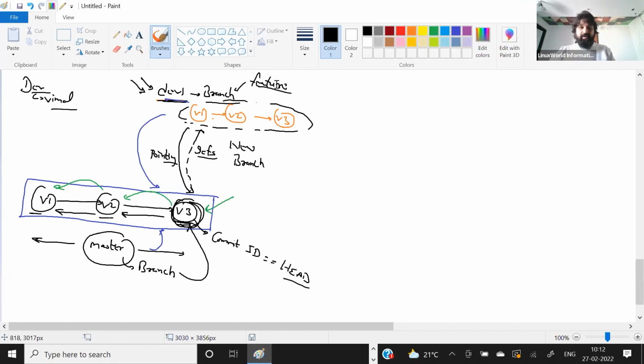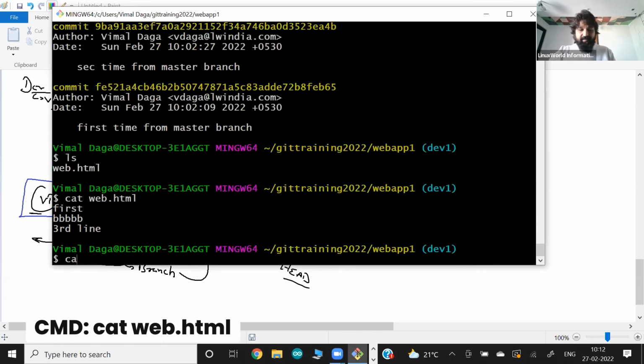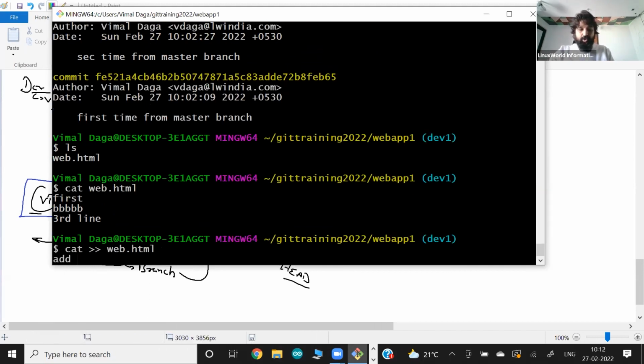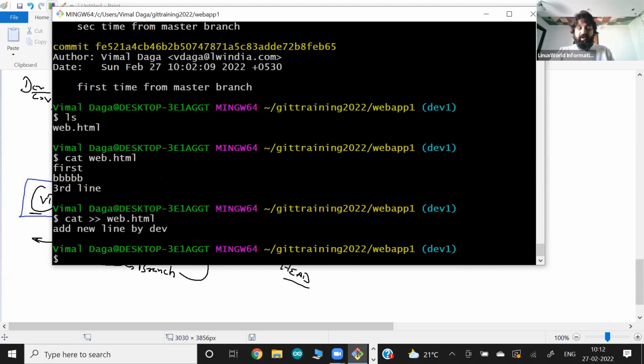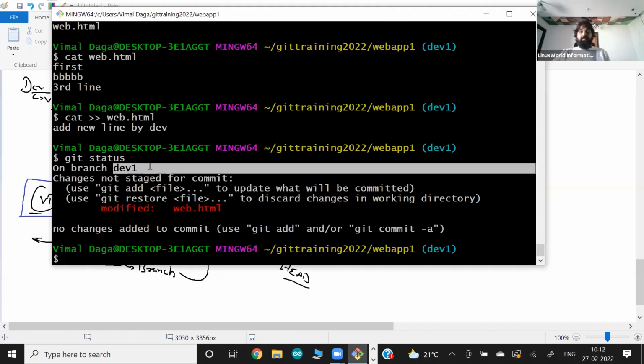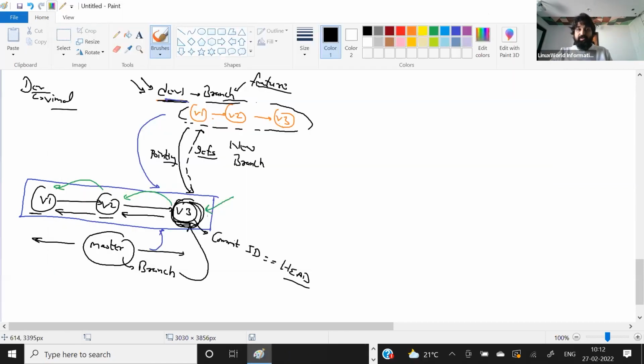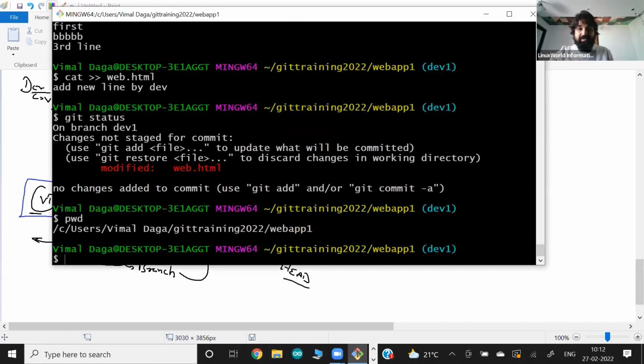Now my developer started working on this. This is the current data we have, and let's say my developer added one more new line in this file. Add new line by developer, right? So I added one new line here. If you run the git status command, this time they are showing the status of the dev1 branch. It says this file has been modified in the dev1 branch, but not in the master branch. The interesting thing is we are sitting in one single folder only,